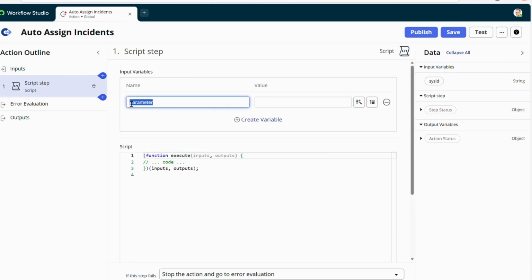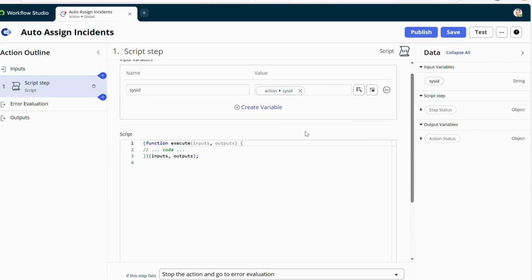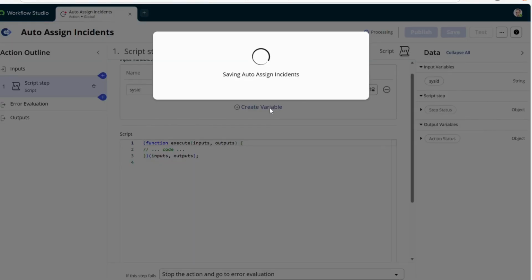To avoid any confusion or conflicts, I will name my input variable sys id itself. And in the value, what would be the value of the sys id? It is the sys id from the data pane, from the first step you created. So this is the sys id I'm going to map here. As of now, we have created our first input variable